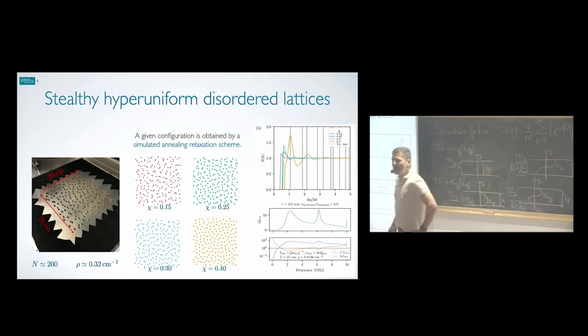hyperuniform system with a control of correlation, and here is a radial structure factor depending on the degree of correlation. So you see that here, for a high value of the parameter chi, you have a structure factor which looks like a crystal. Here, the straight line represents the structure factor of a triangular lattice. And for smaller chi, progressively the peak vanishes, and you have the structure factor almost flat. And the point I want to stress is that the individual,